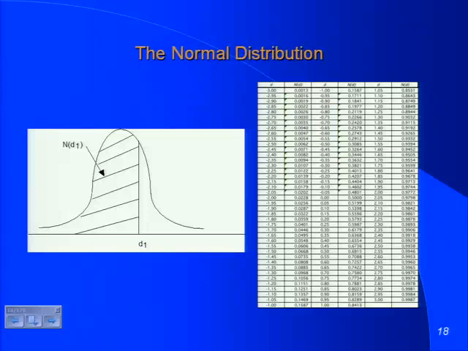It's like a probability. In fact, the best way to think of N of D1 and N of D2 in an option pricing model is as probabilities. N of D2 has a very specific probability reading. It's the risk-neutral probability. Ignore the word risk-neutral if you don't want to deal with it. It's the risk-neutral probability that your option will end up in the money sometime over the life of the option. Let me repeat that. When you see N of D2 in a Black-Scholes model, you're estimating the probability that your option will end up in the money sometime over the life of the option. So when I say N of D2 is 0.7, I'm saying there's a 70% chance sometime over this option's life that it will end up in the money.